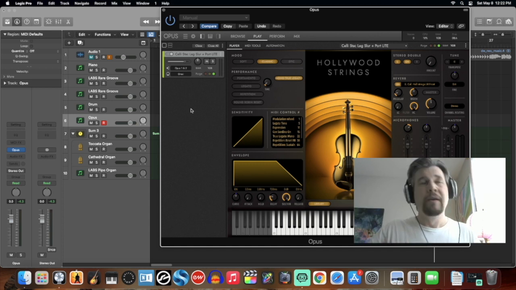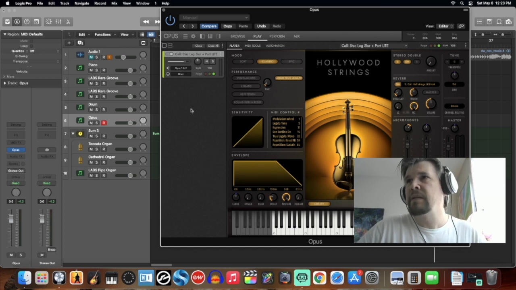Like the mood thing is a really nice idea, but if all it does is change the reverb, that doesn't help me at all. Because whenever I load one of these, I'm immediately going to be going in and turning off the reverb so that I can apply a bus reverb to multiple instruments. Anyways, yeah,